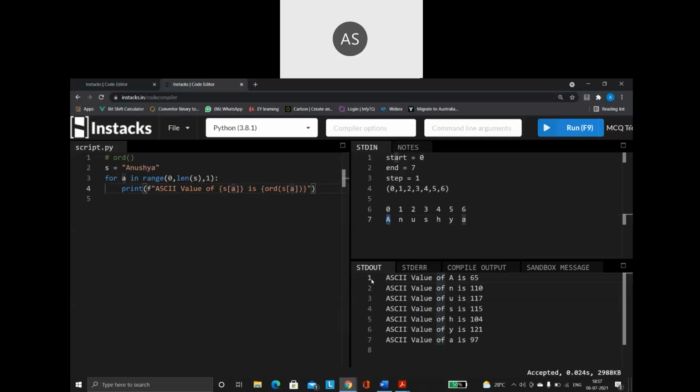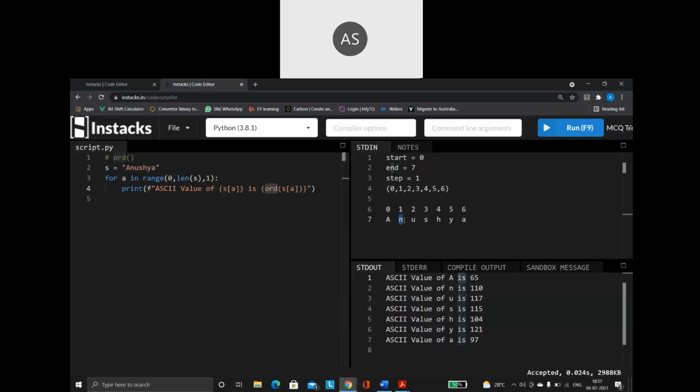Okay, so it is going to print: ASCII value of A is, then ORD function. So ORD of A. What is the ASCII ORD of A? ASCII value of A is 65. Then next time when the loop goes, it is going to go for the second value. So s of a now means s of 1. So what is s of 1?